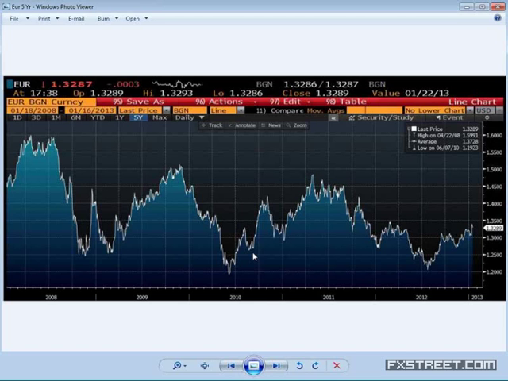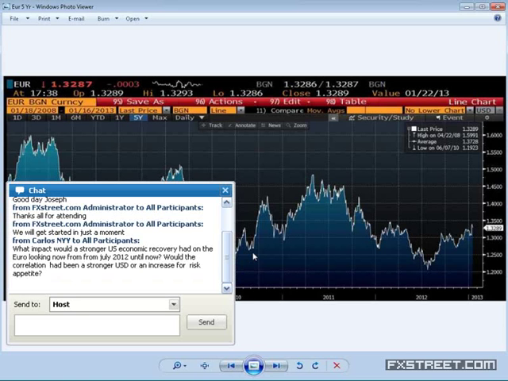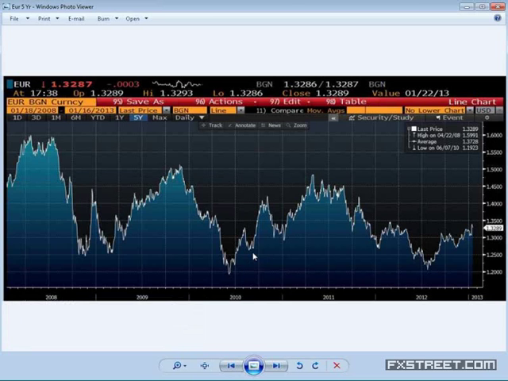So if the euro, as Carlos said, was stronger from 2012 or stronger from now on, I think you would get a stronger USD, which is also an increase for risk appetite. Now, the difference we have here, and this is where we may, with the success of the ECB and perhaps Japan, be returning dominance to the central banks, is that their policies are going to dictate markets. You may see the first signs, and we've been waiting for this for several years, of a return to some of the fundamentals, away from fear and fundamentals,